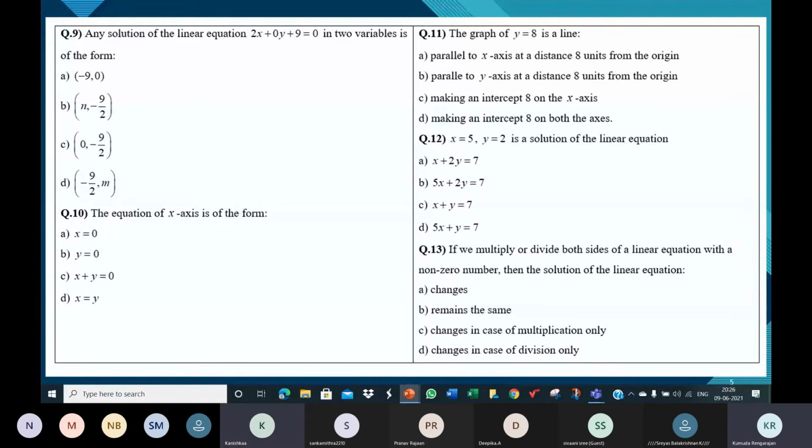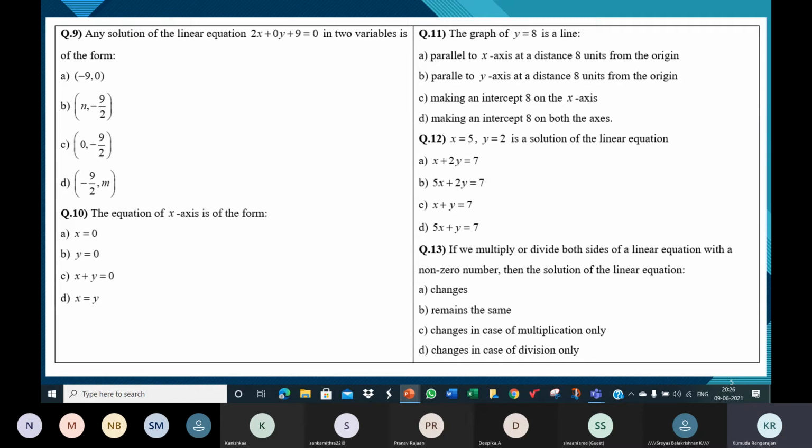Sorry, ma'am. By mistake I said. I think that was Sangamitra. Please continue, Sangamitra. X is always minus 9 by 2 for? For any value of y, ma'am. Very good. X is always minus 9 by 2 for any value of y. That's how we are supposed to understand this. Anyway, substituting also works, because the solution satisfies the equation. So you said option D, that's fine. But you can also understand it like this. I think this will be more appropriate to understand in this situation.